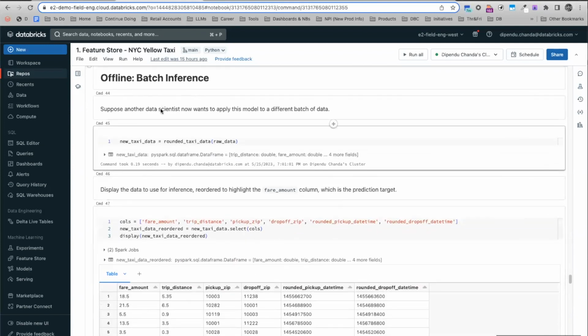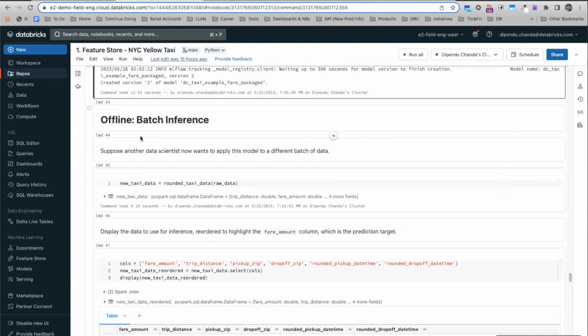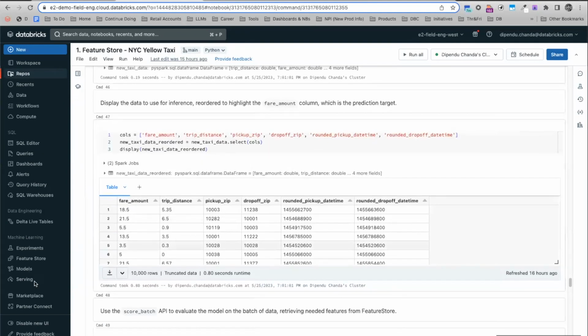So let's assume that you have another batch of data coming in, and you want to apply the same trained model to that. In this case, for simplicity, I'm using the same raw data that was used before, and I want to apply that same model too, right? Just to show you what the data looks like, if you notice, we don't have any features in my inference data,